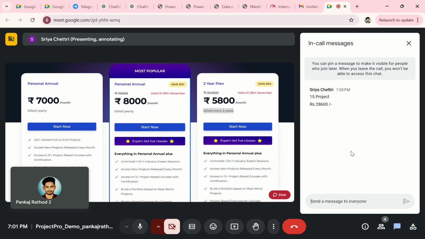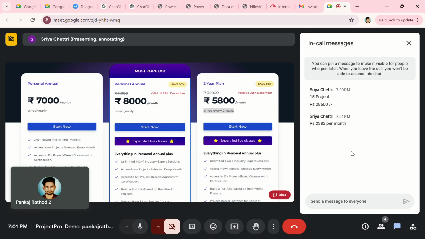So this one, even if you go with 12 months of EMI, then the per month cost would be 23,083 rupees per month. You can go with lesser duration EMI as well, like for 6 months. If you go with suppose 6 months EMI, then just divide 28,600 by 6. The per month is